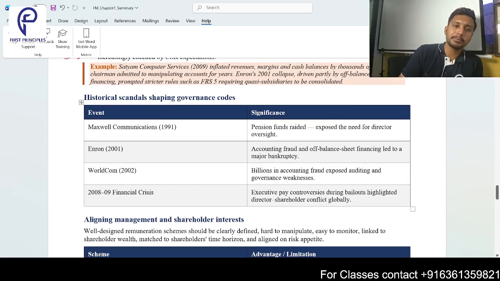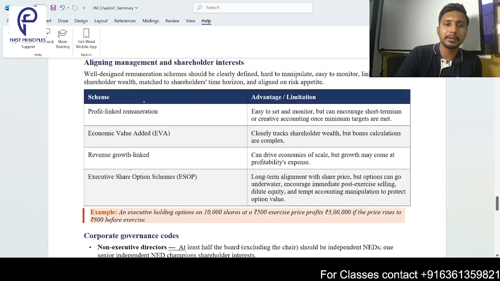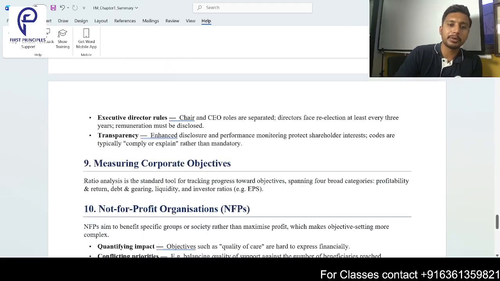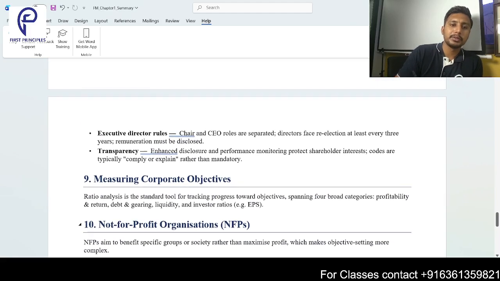These are all the names of some big scandals that took place. And because of this, corporate governance started really coming into the picture. These were all the scandals, all the scams that took place over the years. And because of this, we realized we need some corporate governance. Right? So a corporate governance code started coming as a response to all these frauds that happened. As a response, these are some corporate governance regulations that came into place.